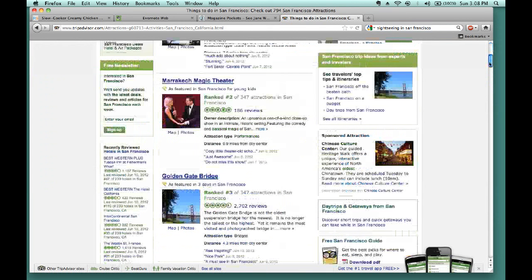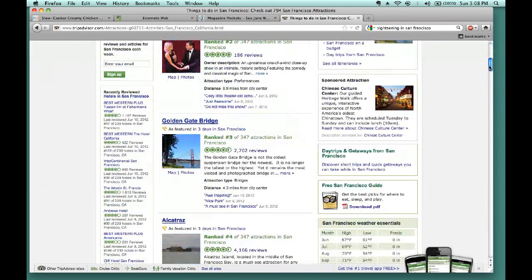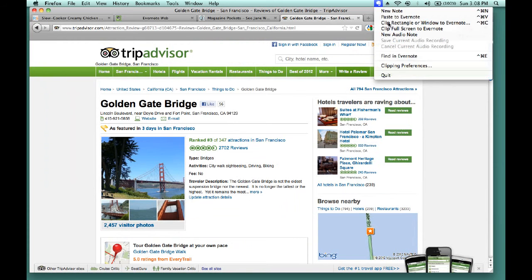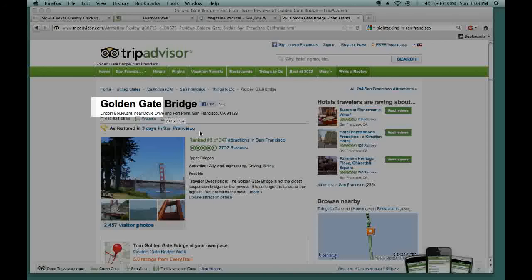Anything on this list would be something that I could clip from the web into that particular note. So for example, the Golden Gate Bridge is one of the things on many people's list of must do in San Francisco. So if you click on Golden Gate Bridge, go to the top right of your Mac and click on the elephant head. You can clip rectangle or window to Evernote for the particular details of the Golden Gate